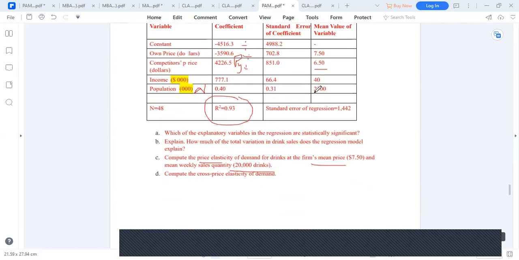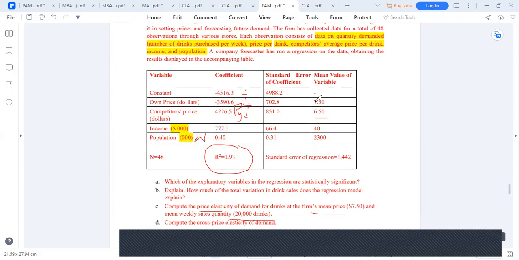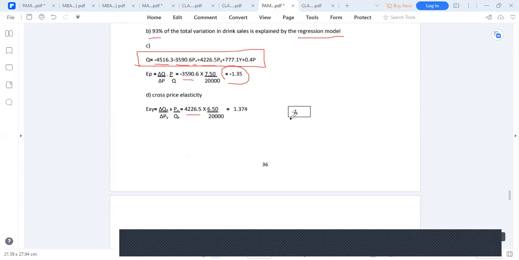How do we get the 20,000? We're given the total 20,000, but even if you were to put these figures into the regression equation, it would give you 20,000. So it is easier when you're given it. So to find cross price elasticity, we now use 6.5 over 20,000 here. So we compute this,